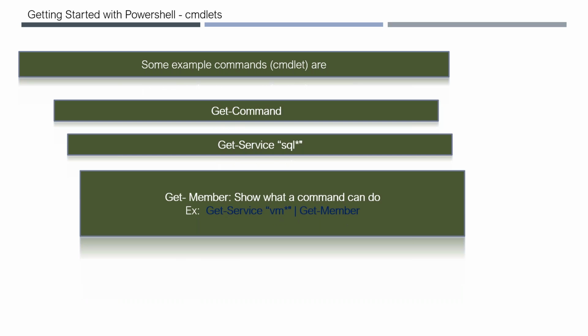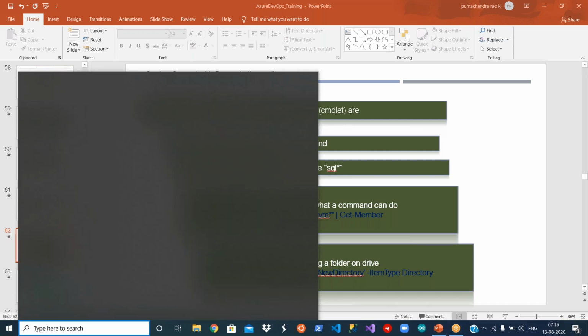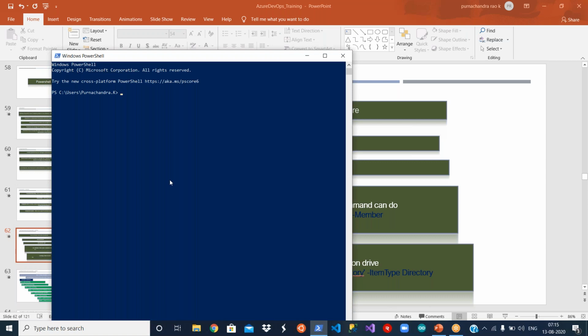Let's quickly execute one or two commands and move on to the other topics. So PowerShell, you can simply go and identify here, or you can just search for it. As I told you, it is already available as a built-in option. So when you look for PowerShell, you will get two options. One is Windows PowerShell ISE, and another one is a simple PowerShell. First, I'll start with Windows PowerShell. Of course, everything is Windows. So this is what we generally see, right?